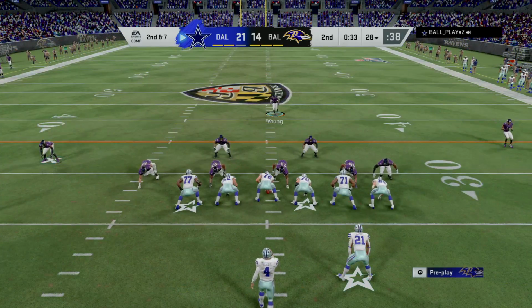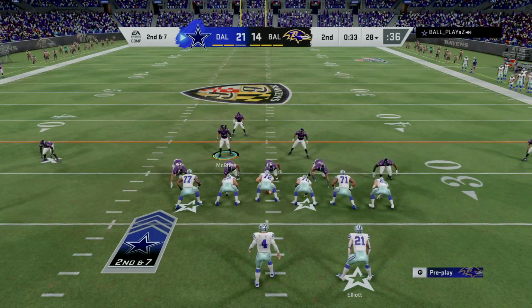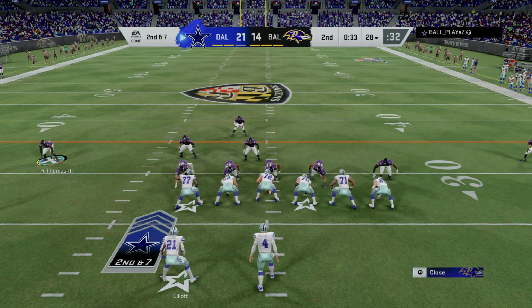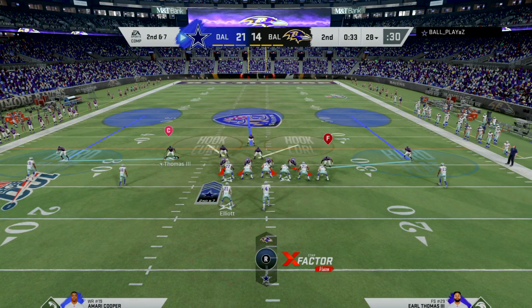Here's 2nd and 7 now from the 28. Go, get out there, get out there. Let's go, D. 48, Mike. We're going